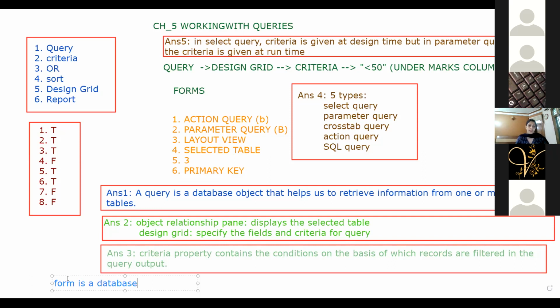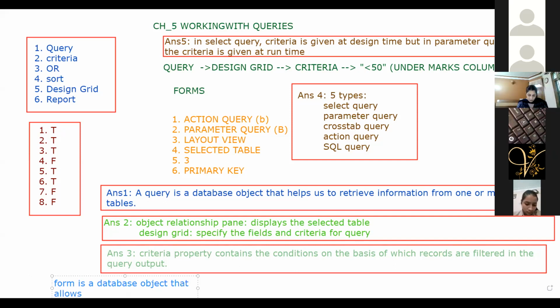What have we done? We know what a form is. It is a database object. It is a user interface where we can enter our records. Piece of paper, what does that mean? Are you getting my point? You know the meaning, so write it in your own language. First thing, it is a database object. We already studied in the last chapter on tables that there are four objects: forms, reports, queries and tables. So form is a database object. What does it allow you to do? That allows you to enter.